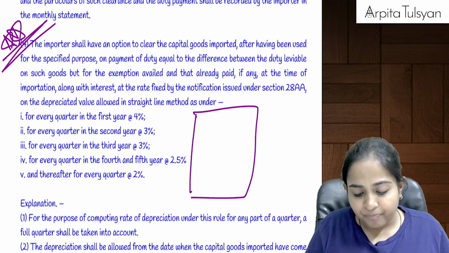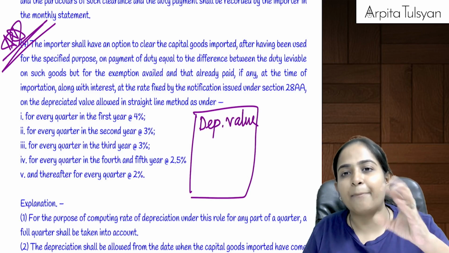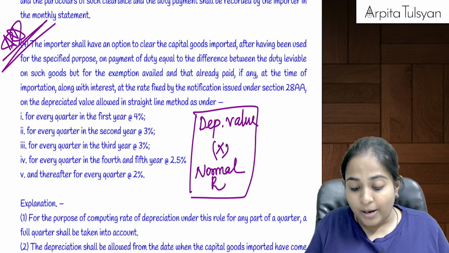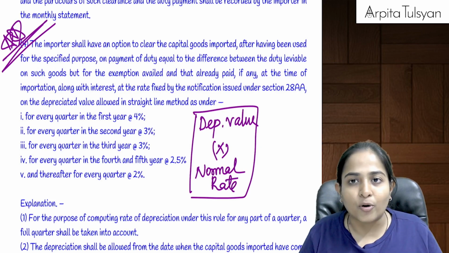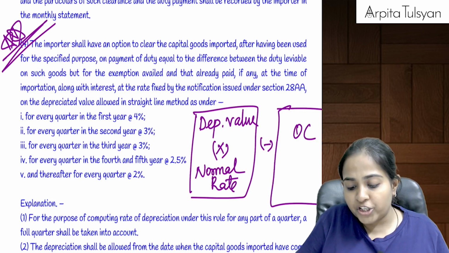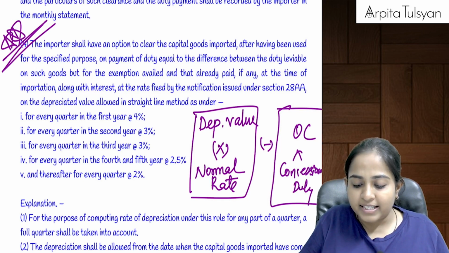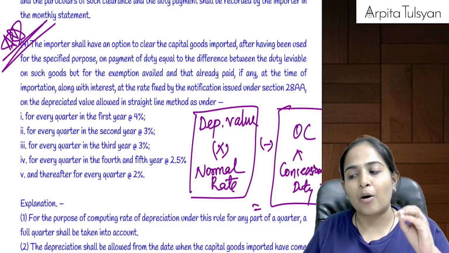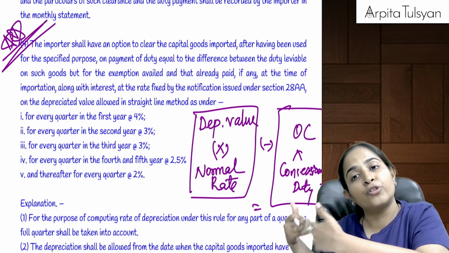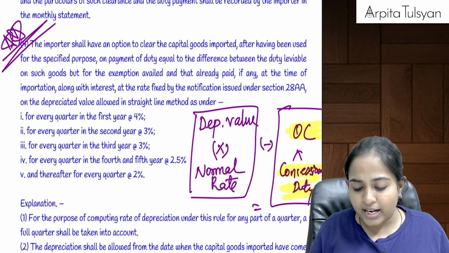So how much differential duty will be payable on the same? Now, can we say the value of the machinery would have depreciated? Yes, so whatever is that depreciated value multiplied by the normal customs duty rate. This is what is payable as on today. But out of this, have we already paid some duty? Yes, on the original cost I would have paid the concessional duty. So whatever is the difference, this amount I have to pay today when I am clearing it for home consumption, where my capital goods will be used for other purposes.